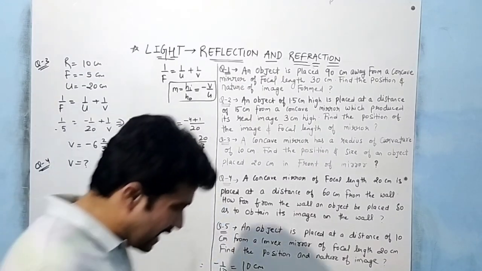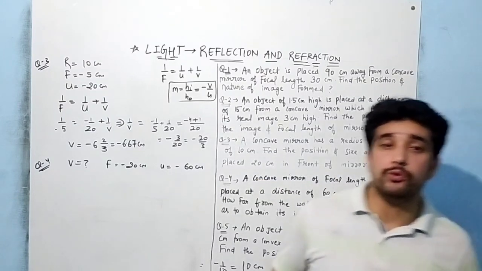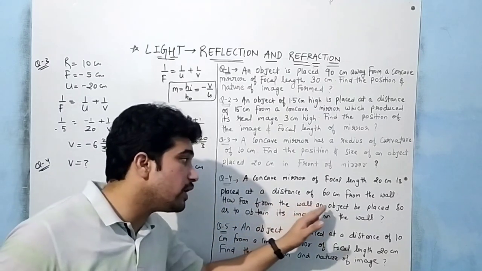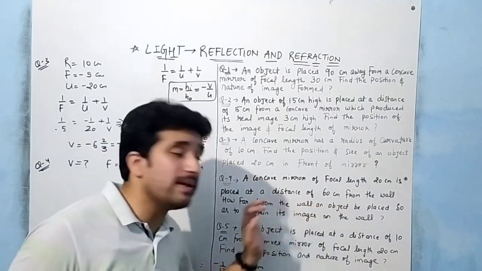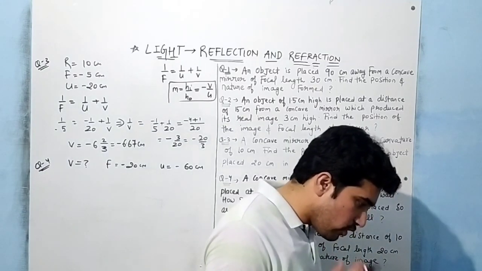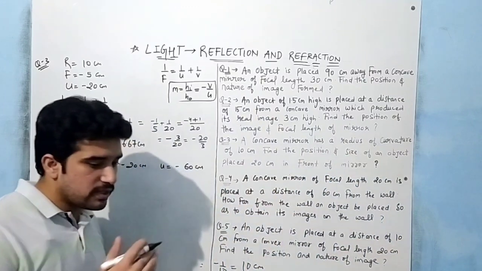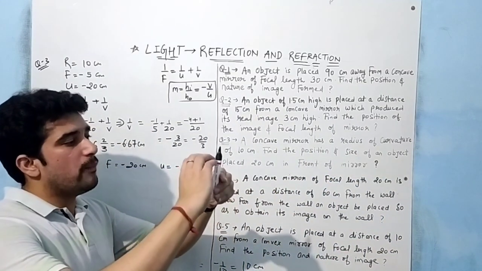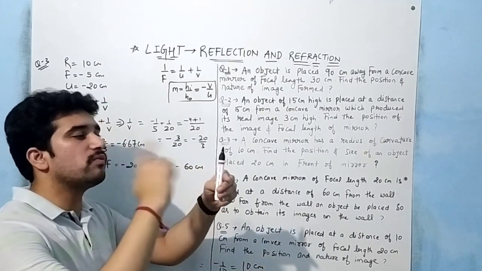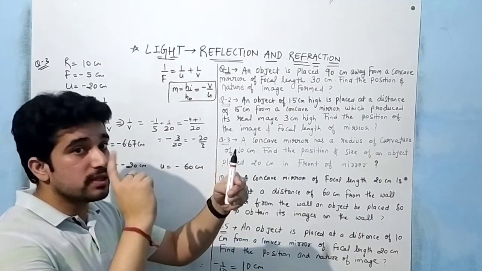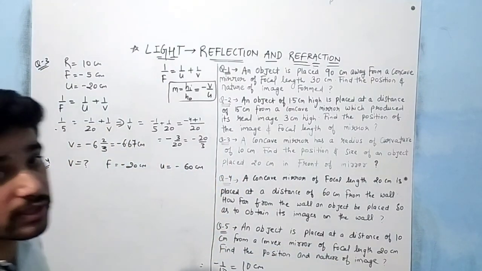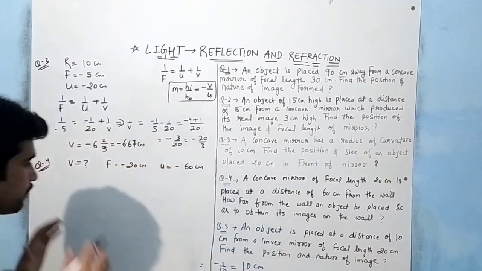Do remember, the language of the question might be confusing to you, but you have to focus on what you have to find. How far from the wall an object will be placed so as to obtain its image. What they are asking is to find the image on the wall. So let's say this is the wall, and you have to make the image over there. If you have to make an image at that place, the distance from the mirror is always the distance of the image, that is V. So that's how you can easily consider what you have to find.